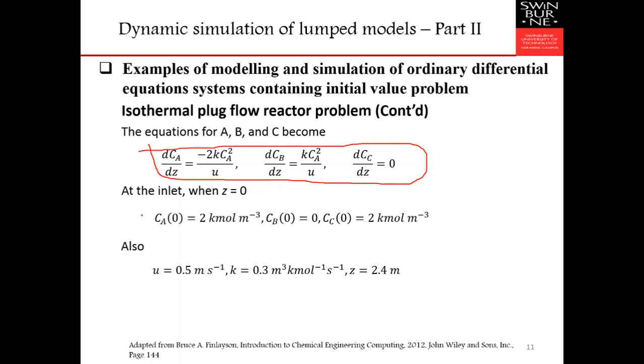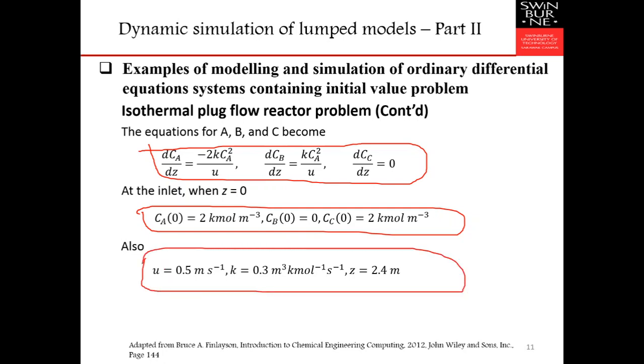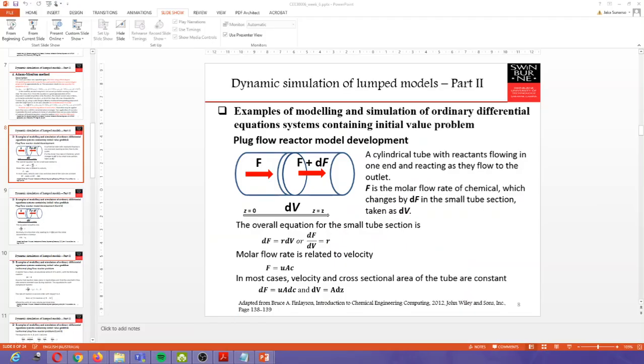And then we also have initial conditions. The concentration of A is initially 2 kilomole per meter cube. The concentration of B is 0 and the concentration of C is 2 kilomole per meter cube. And we also have these parameters for the velocity, the reaction rate constant, and the length of the reactor. I give the detailed derivations in my